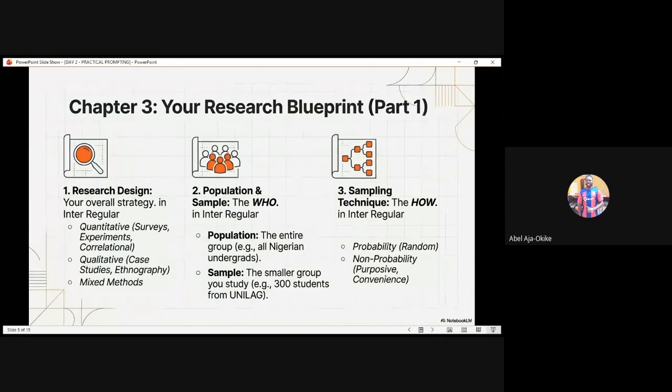Then the qualitative, this one is most common for law students. Most of the time, the persons I've worked with do not have any need to include new data. They just have to work on existing data, design their survey and then get their analysis. That is what case study represents, and ethnography as well, demographics like a particular region.